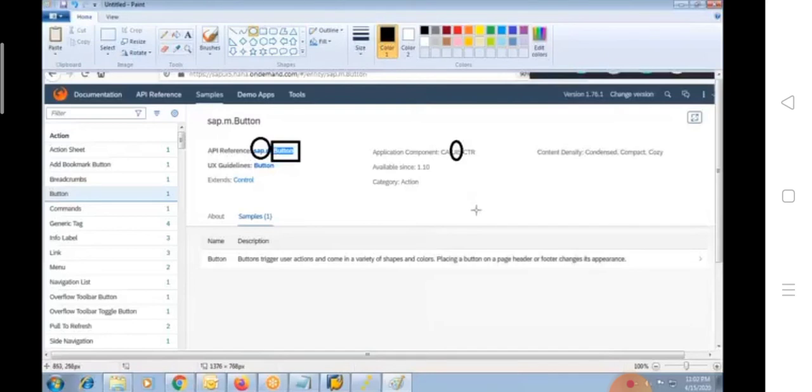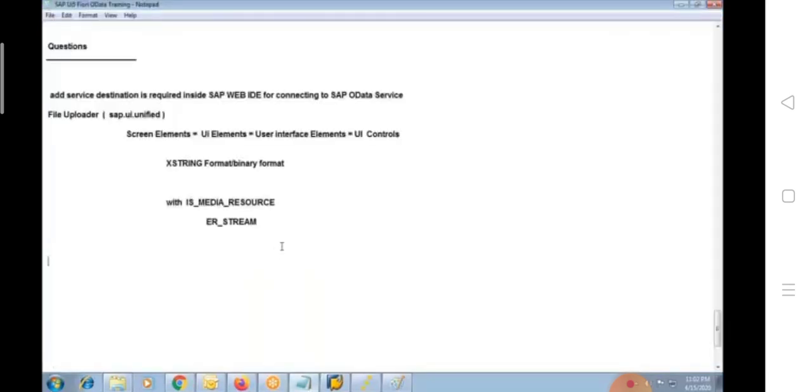Okay, so in UI5 we can use direct screen elements with the libraries and the classes. But in Fiori there are two things. In Fiori, what we do is we use UI5 framework, libraries, methods, etc. plus Fiori templates. So what is the main purpose of a template? The advantage of a template is very simple.